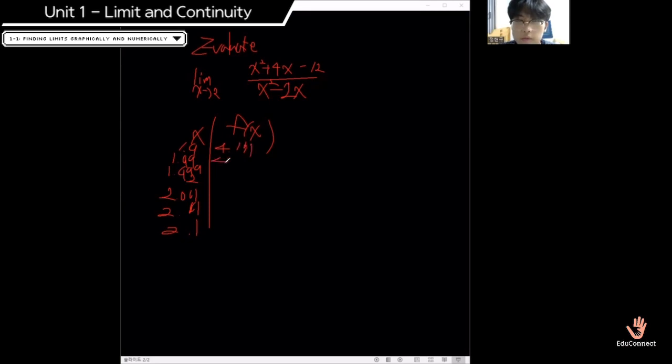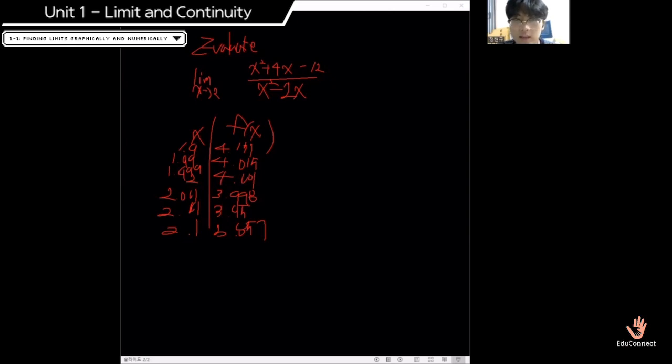4.157, 4.015, 4.001. Now, we can't plug in 2 because we'll get an undefined solution. When I plug in 2.001, we get 3.998, 3.95, 3.857. So from the table of values, I see that as x gets closer and closer to 2, the value